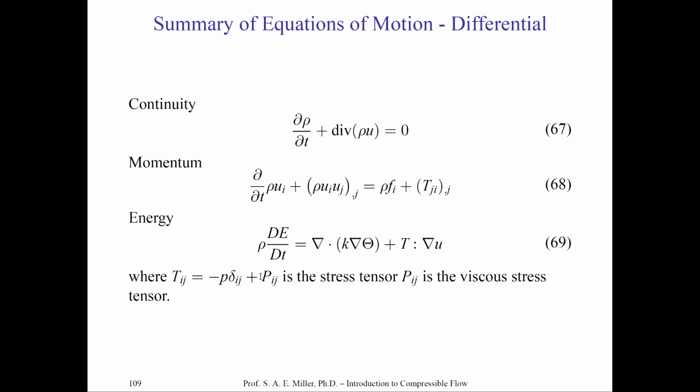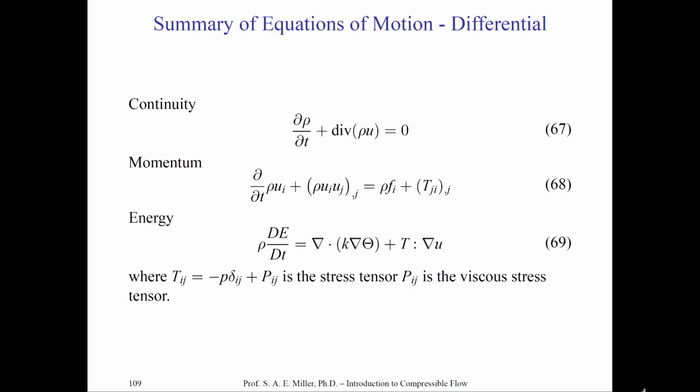Thankfully, the stress tensor can be written in terms of the first and second coefficient of viscosity and the velocities of the fluid. And so there are no additional terms in Pij, which is what Navier did. What's important to remember now is that we have to close these equations with a gas law. It might be, say, an assumption of ideal gas, and then we could write P equals rho RT. We would then have three scalar equations and one vector equation, and an equal number of unknowns in 2, 3,